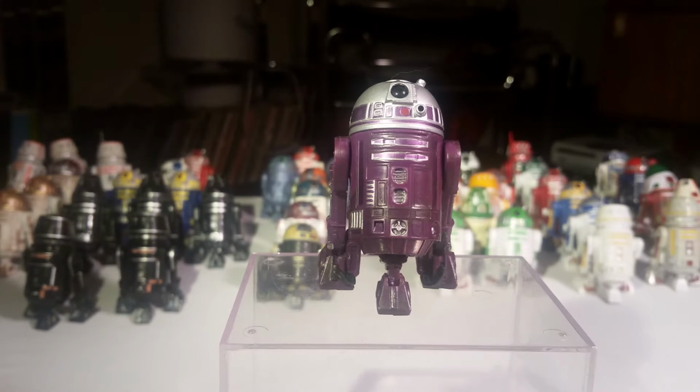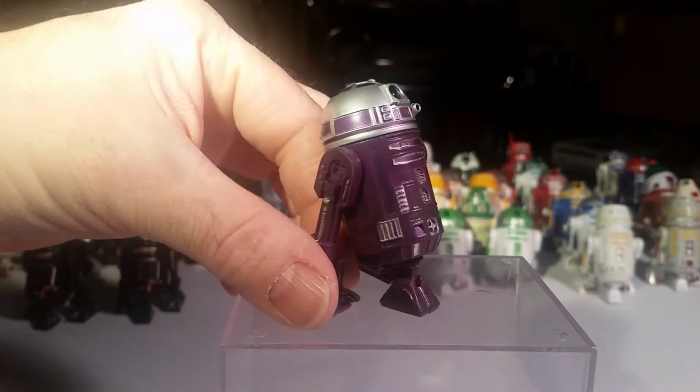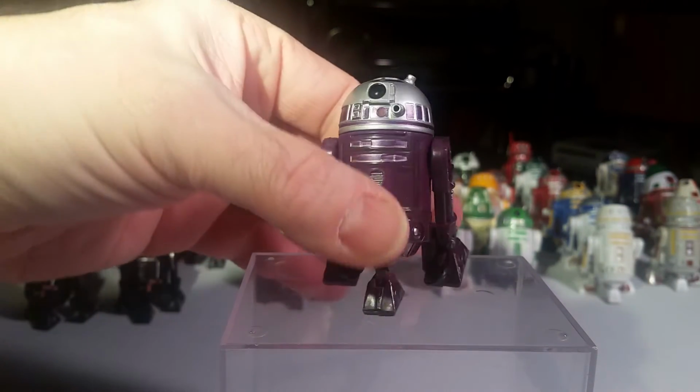This is the one I found at the flea market for $1. It's nice when you go into a flea market and find the droid. They're hard to find, especially if they're not R2-D2. And next up,